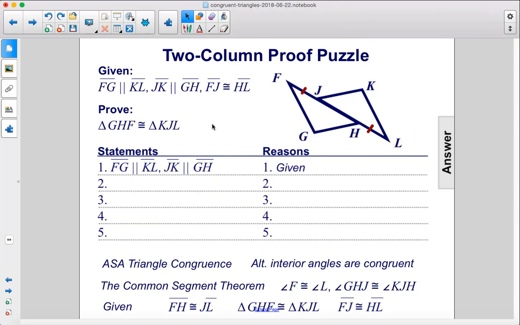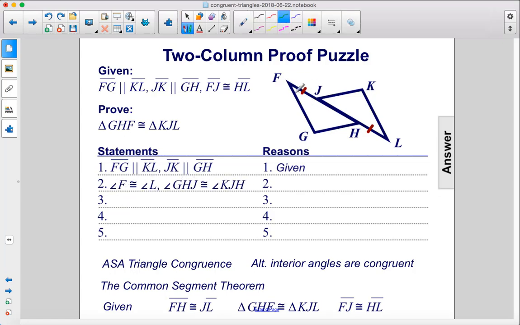Here is the two-column proof puzzle. Given that FG is parallel to KL and JK is parallel to GH and line segment FJ is congruent to line segment HL, prove that the two triangles are congruent. So we start with our given information, and then we see that angle F here is congruent to angle L,